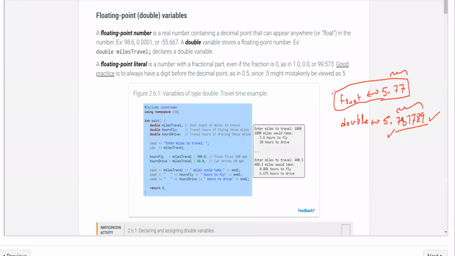But if you're using small numbers, why should you not use double? Tell me if you have an idea on it. Anyone? Storage, say it again. It takes up more storage. Yes, it takes more storage, and it is unnecessary to have more storage. That's the one thing. The other thing is,